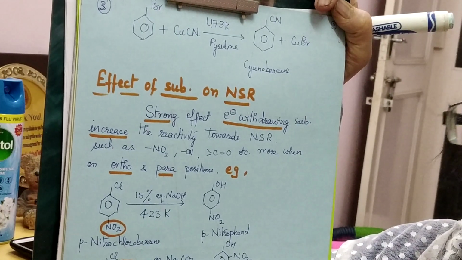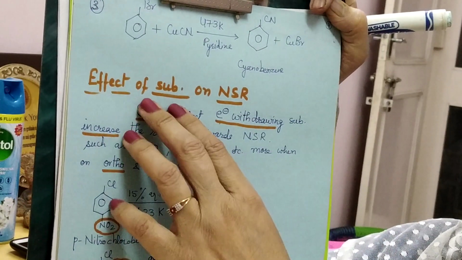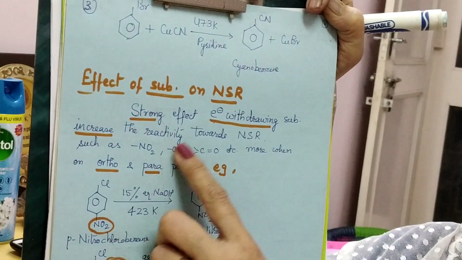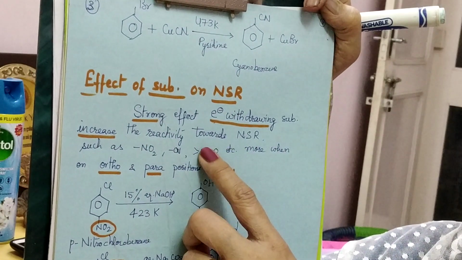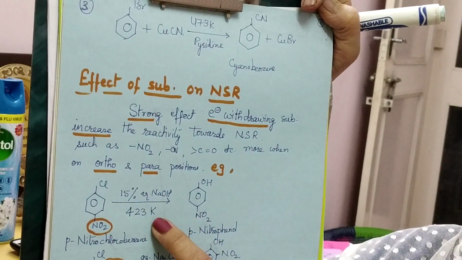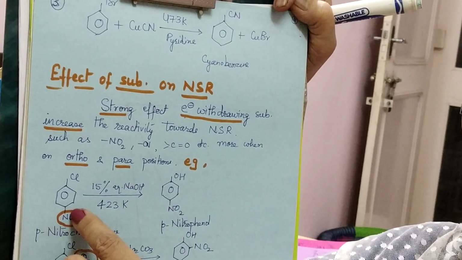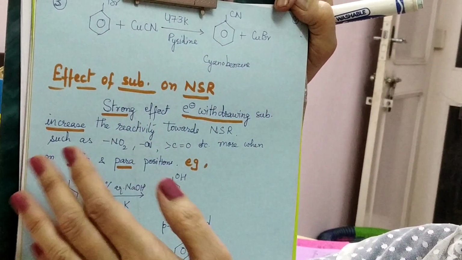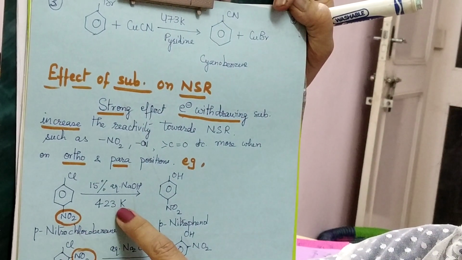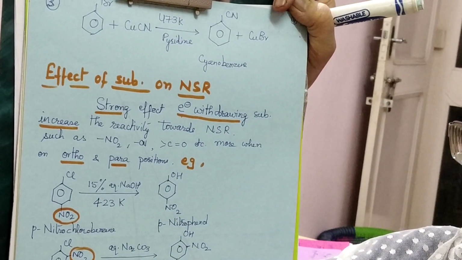Why is that so? We are going to study. But before doing that, we are going to see what is the effect of substituents on nucleophilic substitution reactions here. Electron withdrawing groups have a strong effect on the reactions and they actually accelerate the reactions. For example, if you compare these reactions, with plain chlorobenzene you have seen the reaction. With a nitro group at the para position, the reaction conditions become easier, as you can see from here. With 2 nitro groups, the reaction conditions are much easier.